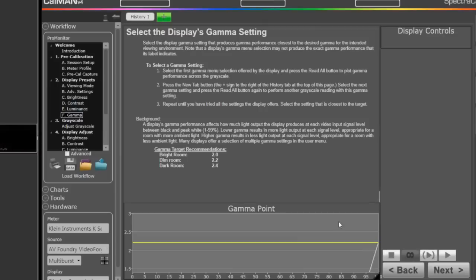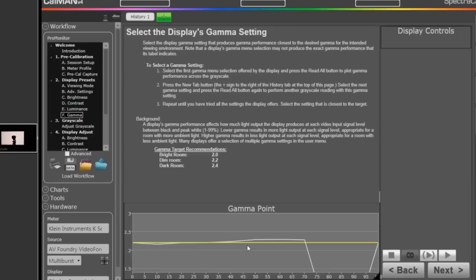And so when I click the measure button, the software is starting to select different luminance level measurement screens and making measurements from that. And the graph at the bottom of the software screen here is plotting the gamma performance. Now we have the target line set at 2.2, and that's selectable in the settings on the side of the software here,